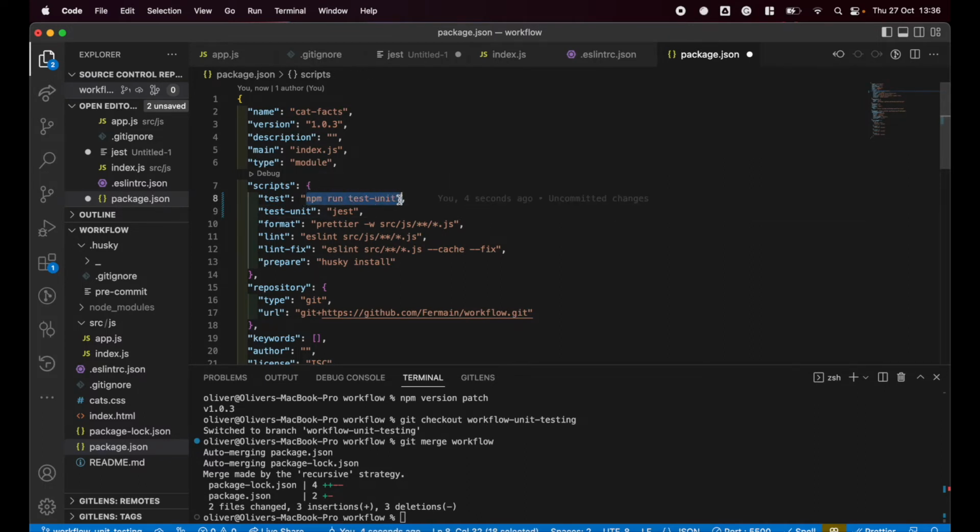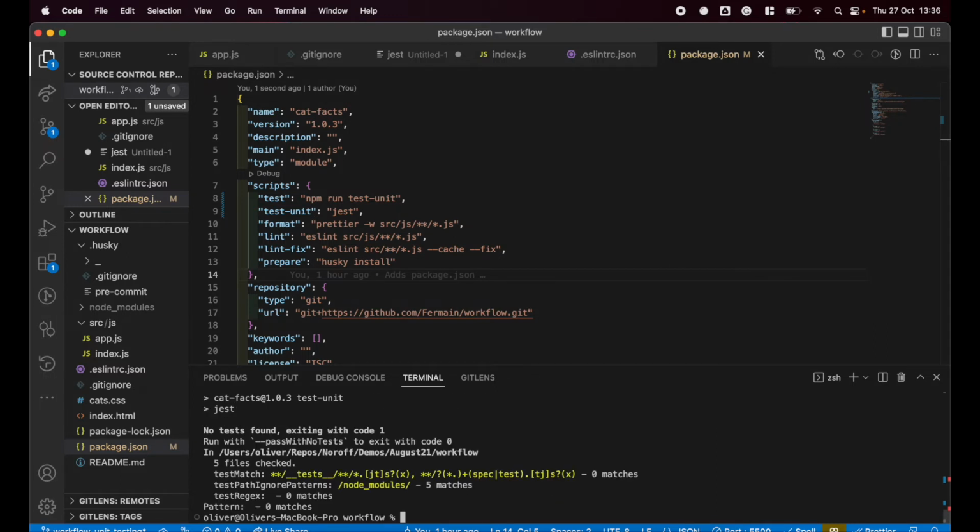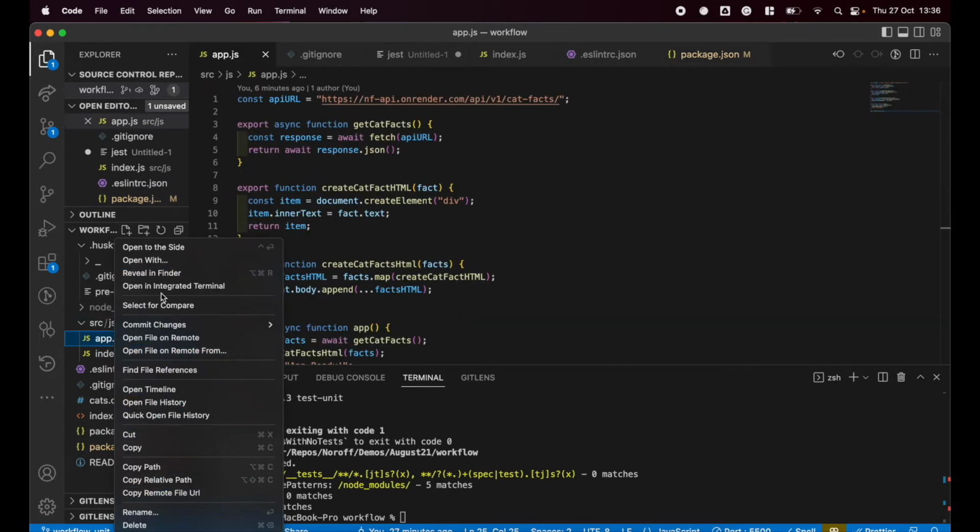Really, this is the same thing as just saying that, except that in future I'm going to add more stuff to this, so it's formatted like this so that it can be expanded. If we were to run test now, it's not really going to happen because we don't have any test files. So the next thing to do is to create an app.test file,